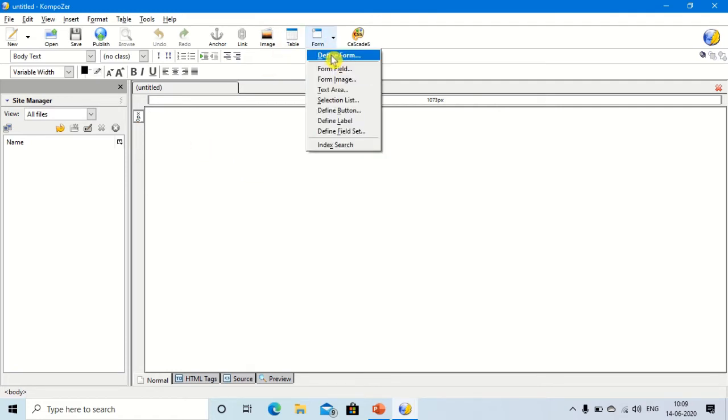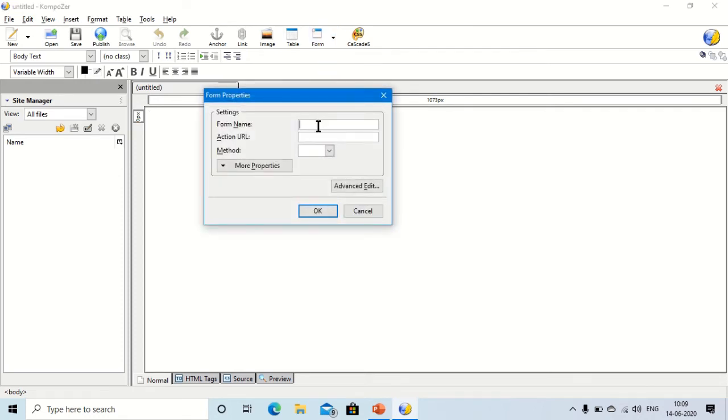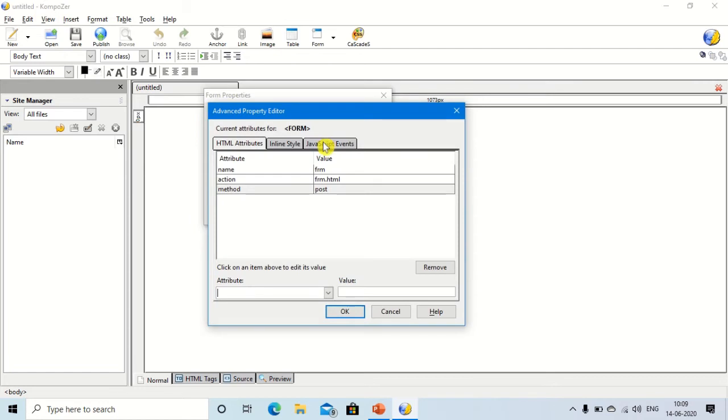First of all, you define the form. Write the name of the form, FRM, give action frm.html or as per the requirement. Click on the method, that is post. Click on the advanced edit and then click on the JavaScript event. Select the attribute onSubmit, and here we have to define the function.